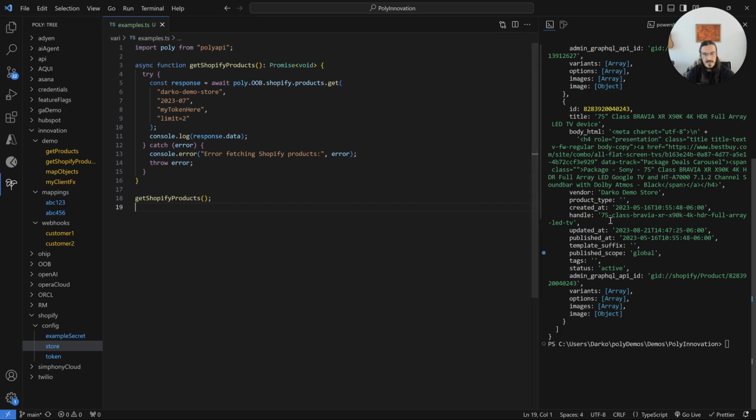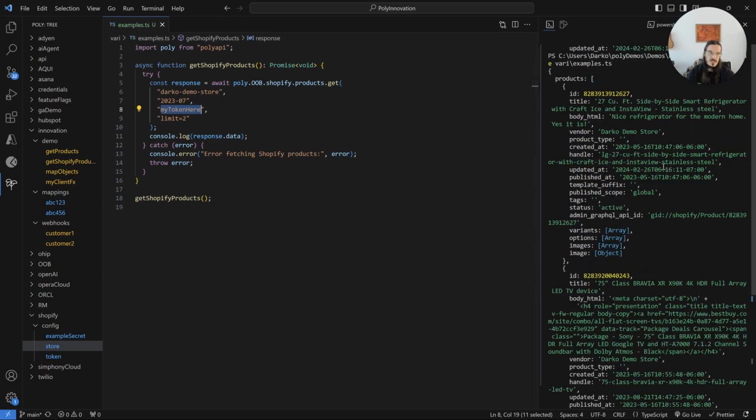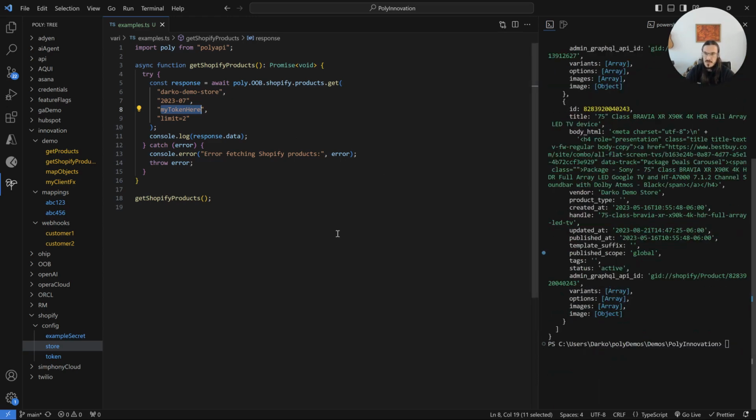So I've already gone ahead and executed this call. I had my actual token in plain text when I did it. I removed it for privacy reasons, and we can see we got 2 results here. Now, what I'd like to do is show you an example of both the .get and .inject. So for the .get, I'm going to go to my store, and I'm going to go ahead and right-click here. And by the way, you can pull it from the tree, you can pull it from the AI agent. The AI agent can help you find variables as well. Today I'm just going to go ahead and pluck them from the poly tree, and I'll use .get for store,